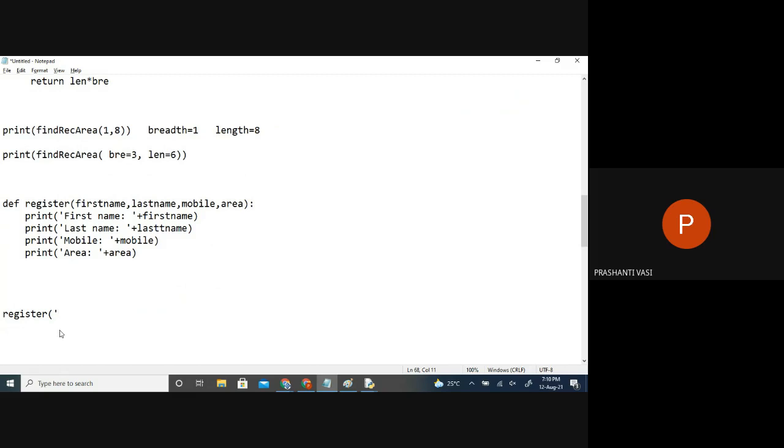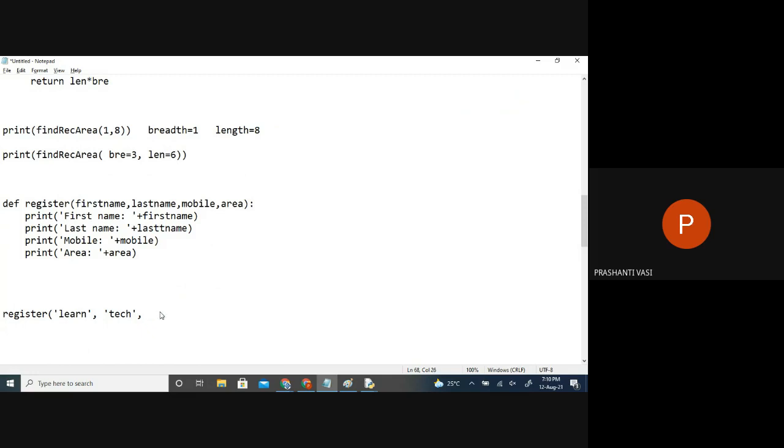Now, for example, it's Tech Learn. Instead of that, if by mistake I pass Learn and then Tech, what will happen? This is the first name, this is the last name, let us say. Which will be printed as the first name now? Learn will be printed as the first name for us. So Learn has gone in the wrong order, because I'm passing in a wrong order to what it's expecting, so it has gone wrong.